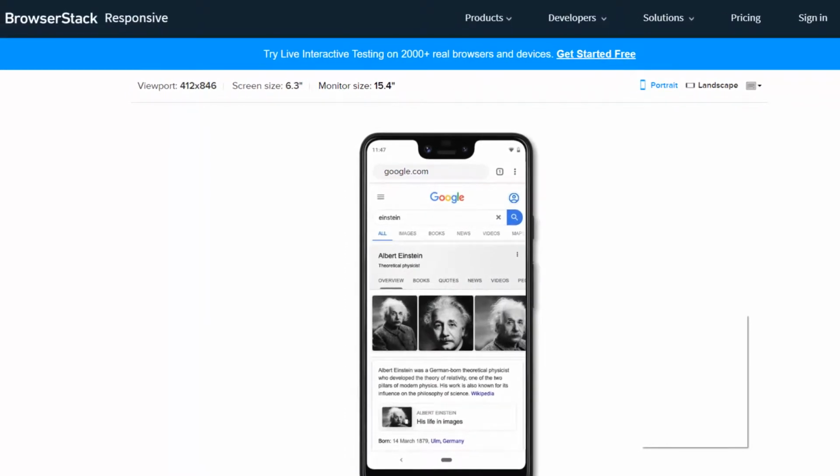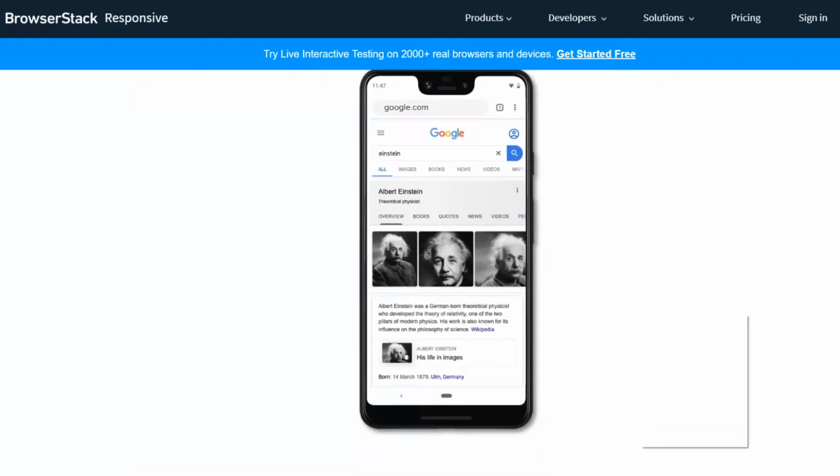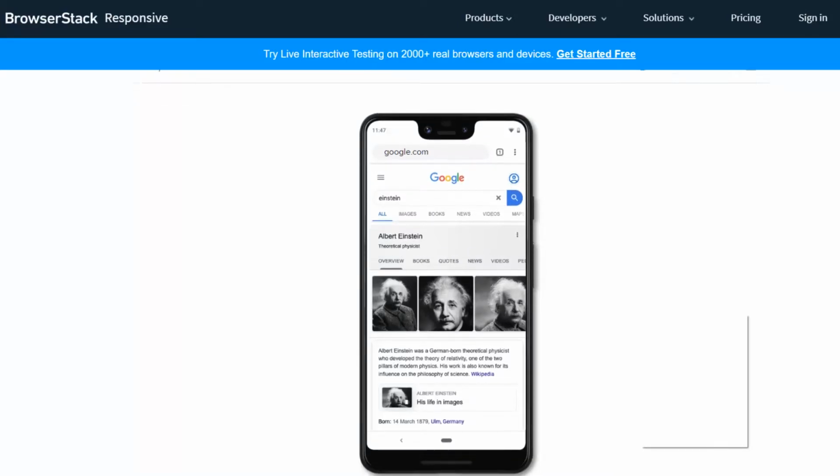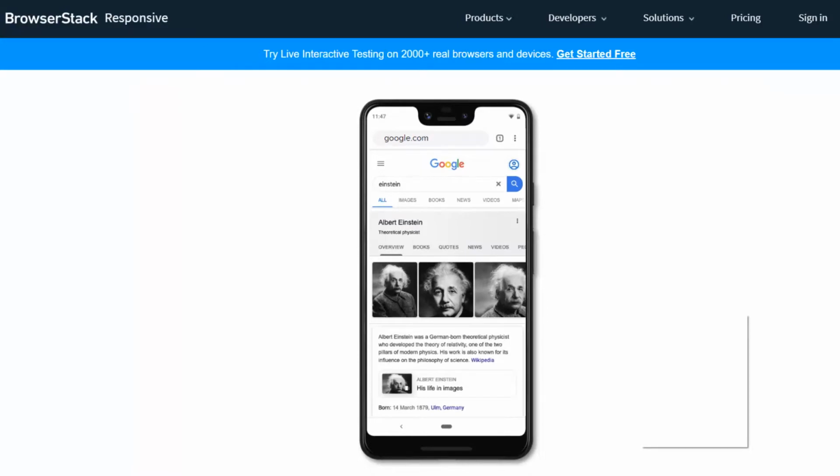I know this is a paid tool, but make sure to find out how you can leverage your website to get most of the time on the front page of Google. It's not that easy. That's why people pay you to get your website on the front page. There are a lot of things. I just showed you how you can make your website better in a free and best way. This is the paid tool, but